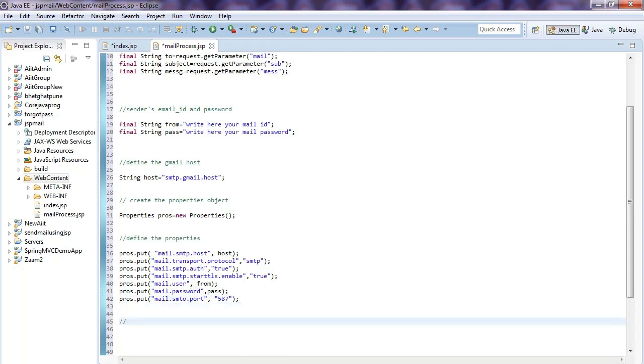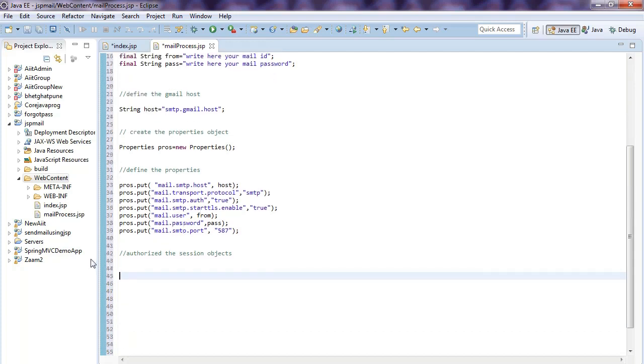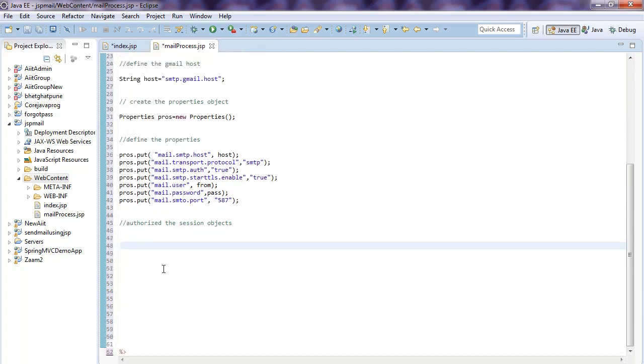So the next step is to authorize the session object. So here you need to assign the session object, because we already defined the properties by the help of the put method.